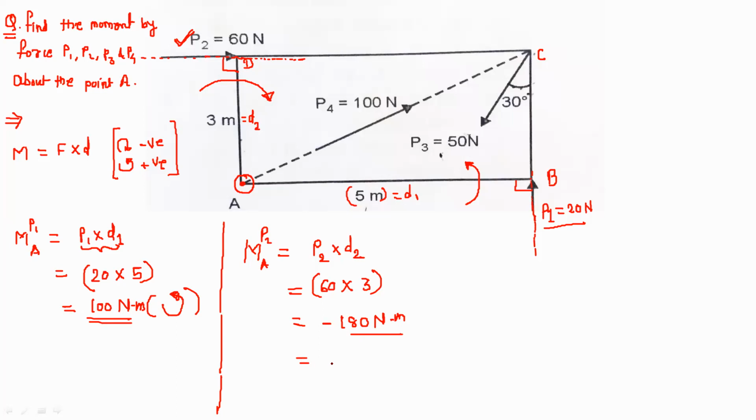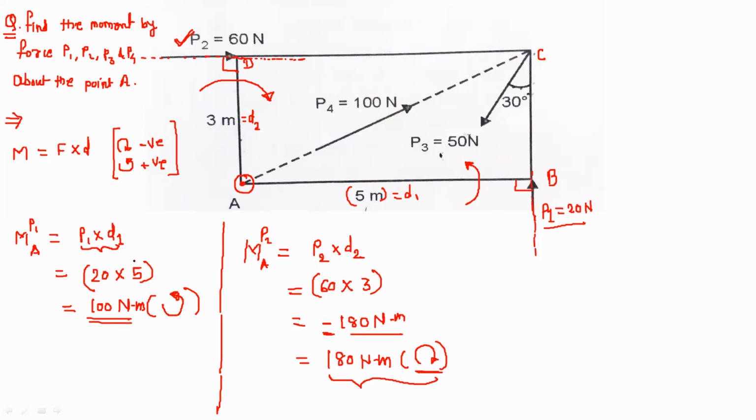When we represent just a moment, we have to write 180 Newton meter, and then in brackets you specify the direction, that is clockwise. This direction means it is negative. When we add or subtract the moment in the calculation, we have to specify the direction as a minus. Otherwise we have to just specify this direction by words, that is clockwise or anti-clockwise.